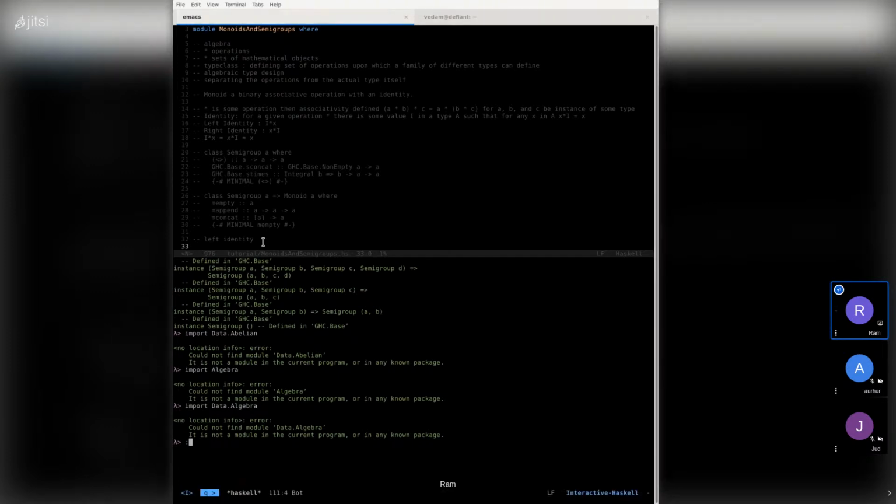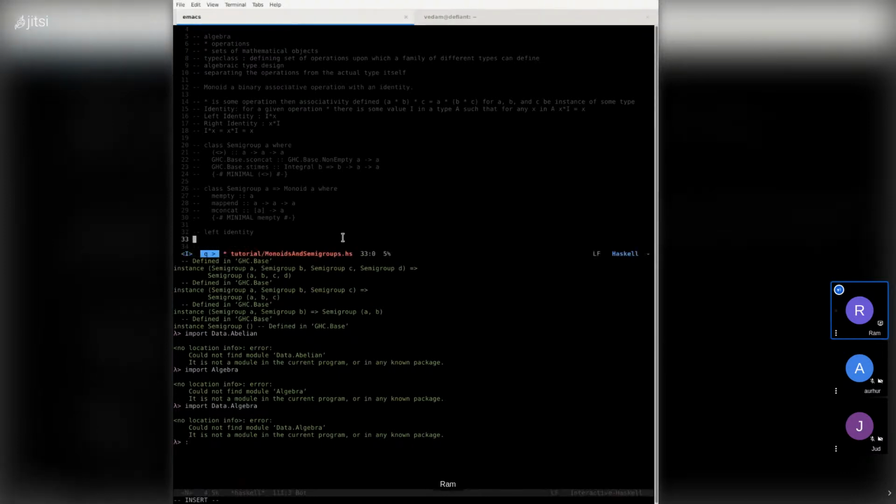In a sense, this mempty is defined so that if we call mappend, which is our associative operation, on mempty and some value x, it's the same as calling mappend on x and mempty, which just gives us x.